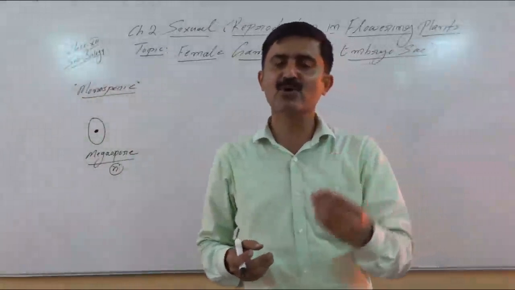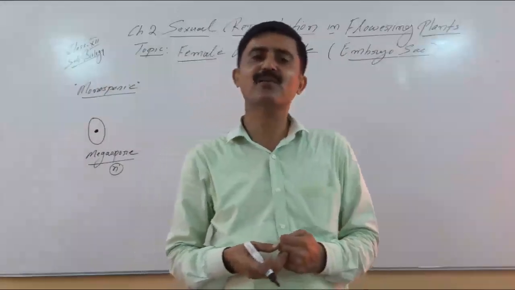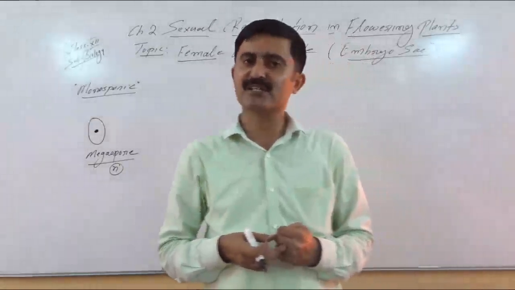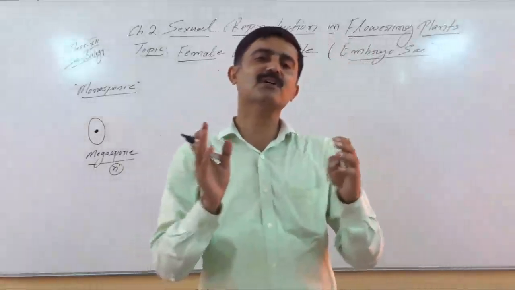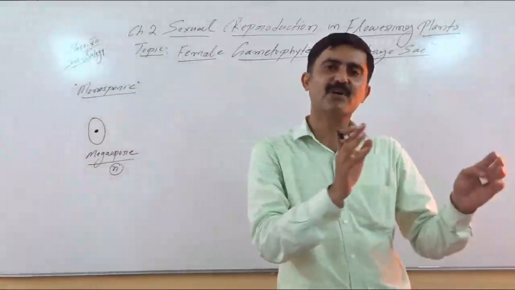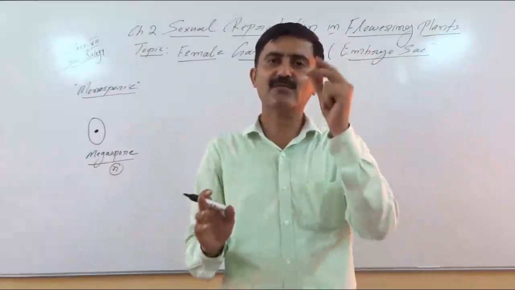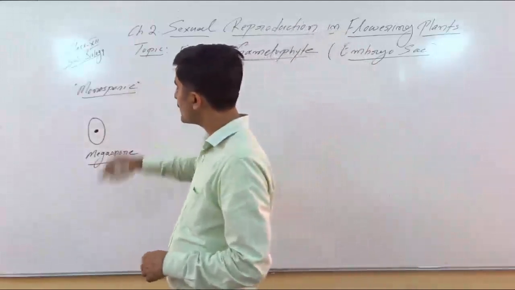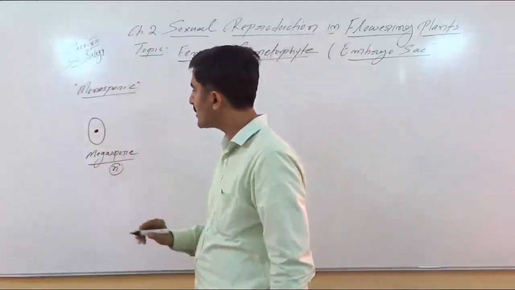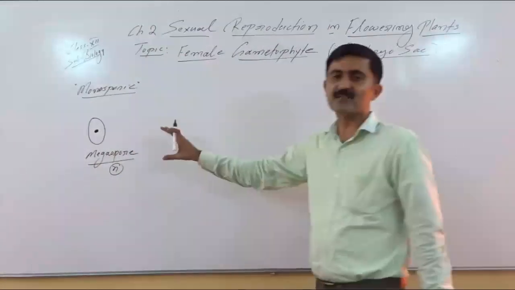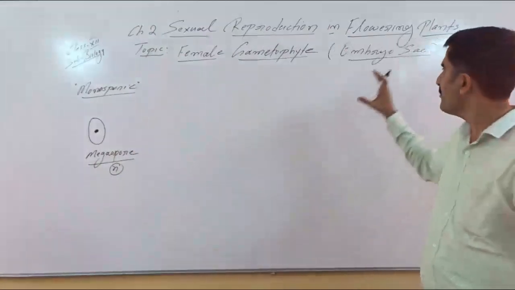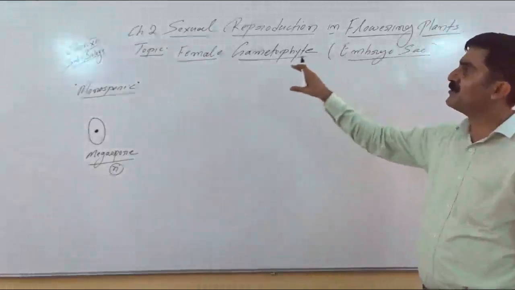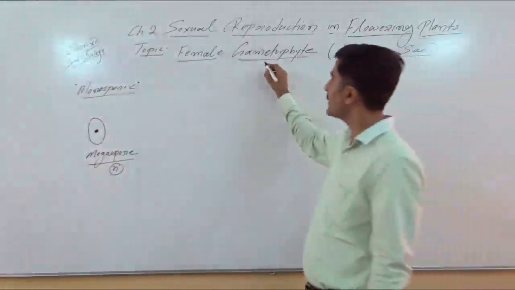Again I am explaining, monosporic means development of only one functional megaspore from megaspore mother cell by reductional division. 3 of the megaspores which are present toward micropylar end degenerate, and only one remains functional. Right? So this kind of megaspore is monosporic megaspore. This is a functional megaspore, and from this functional megaspore, development of embryo sac or female gametophyte takes place. It is called female gametophyte.